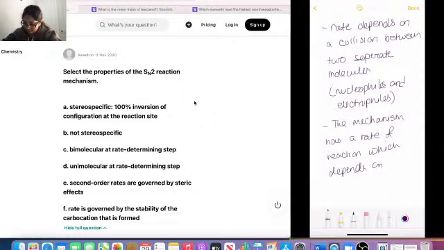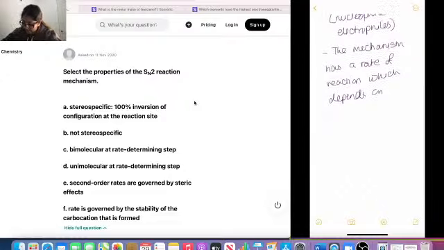So what we mean by, okay, so that's right, depends on the two first order reactants,